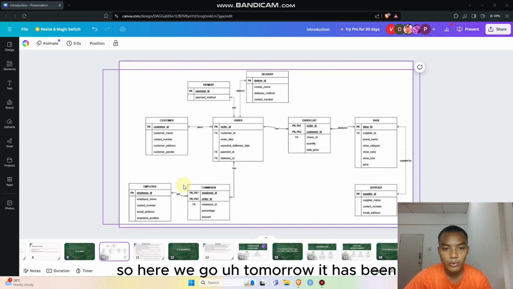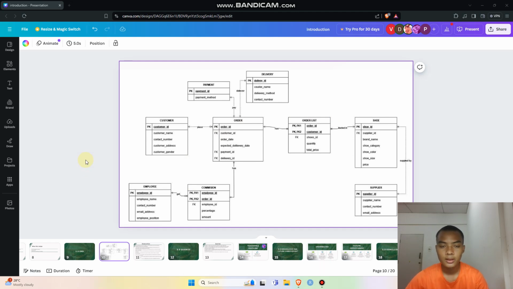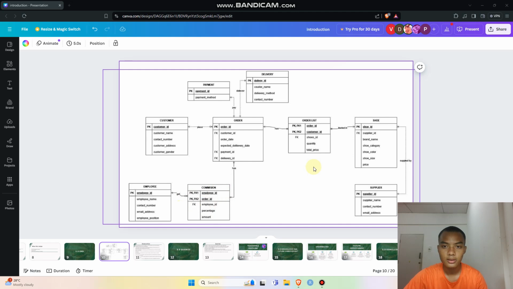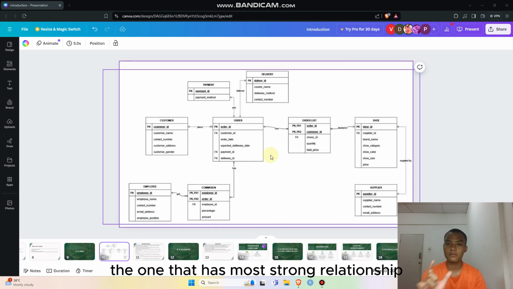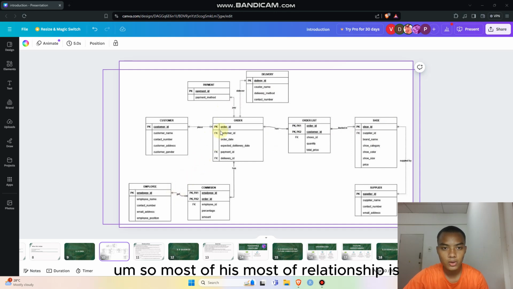So now I will explain the things that we got in the ERD. So here we have two bridge entities, which are the employee commission entity and the order list entity. Bridge entity is the one that has the strong relationship. And so most of the relations are